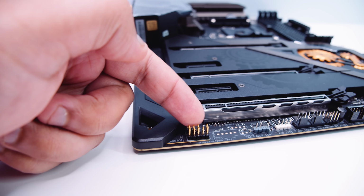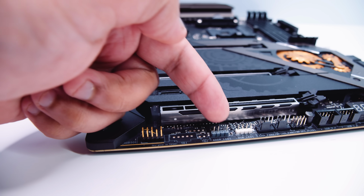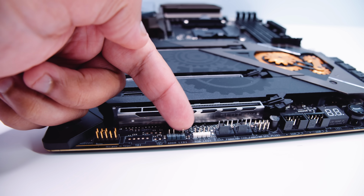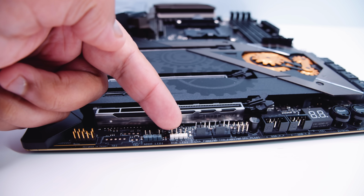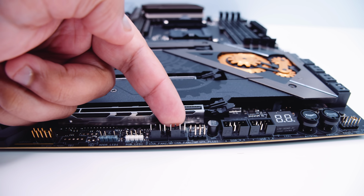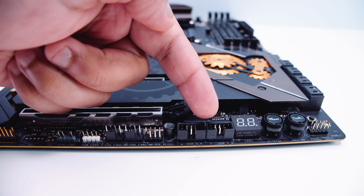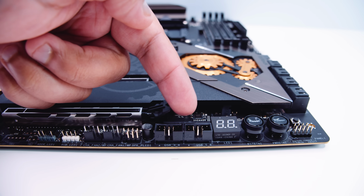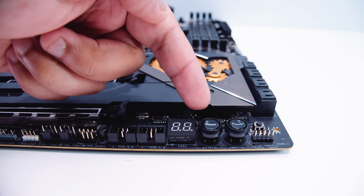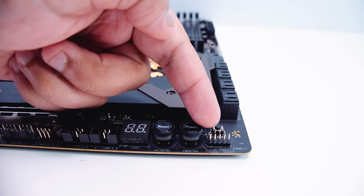There's a front panel audio connector, pretty standard stuff here. There's a 5-volt addressable RGB header next to that. There's a 12-volt 4-pin RGB header. There's 2 PWM fan connectors. There's 2 USB 2.0 headers a little bit further up as well. There's a post LED screen, so this basically lets you know if there's any errors when you're booting your system. There's a reset button and a power button. There's a front panel connector for your lights and switches and all the stuff to turn on your PC, and